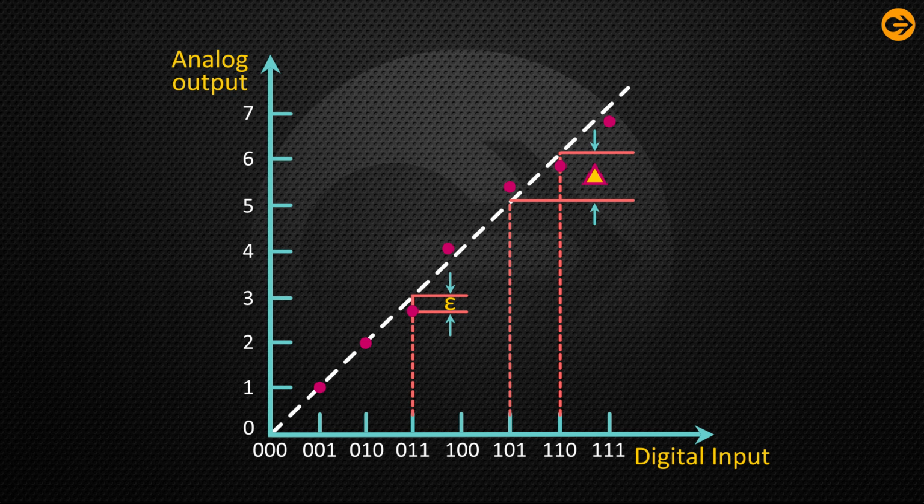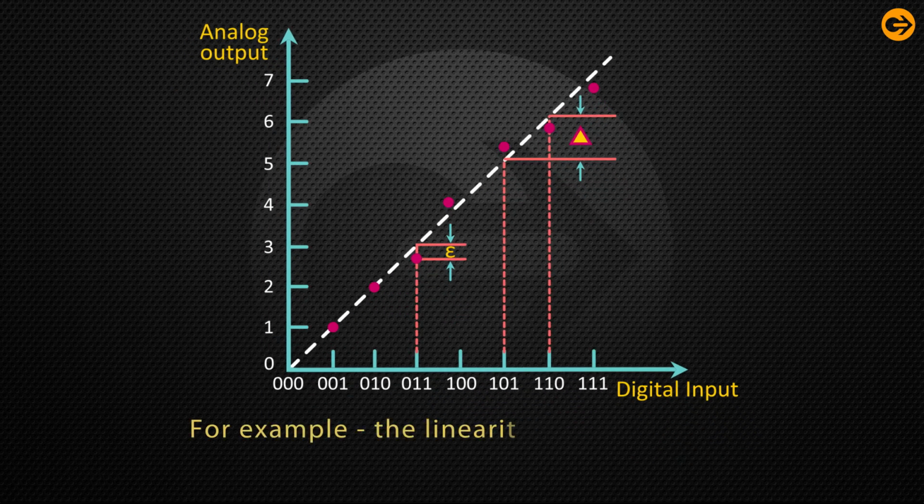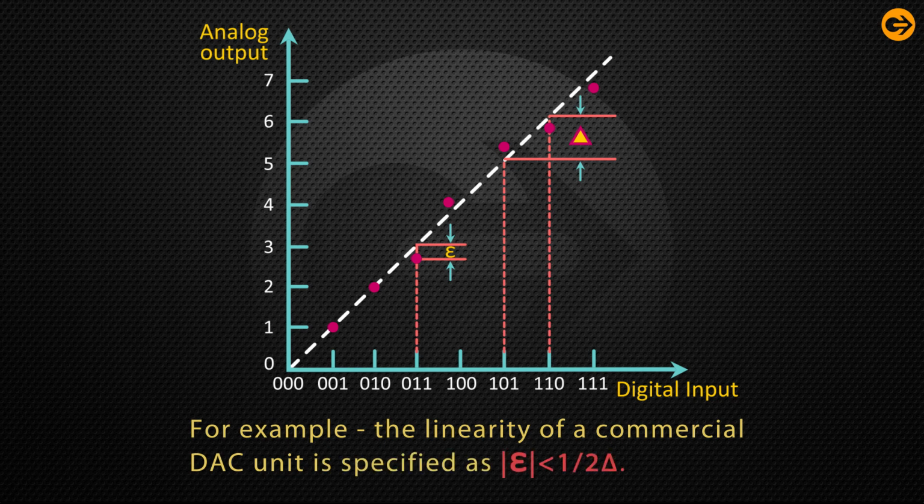The linearity error between the dot is obtained from the difference between the output and the straight line and is denoted by epsilon. The change in normal analog voltage corresponding to the change equivalent to the LSB is indicated by delta. Now, epsilon is compared with delta to find out the linearity of the DAC. For example, the linearity of a commercial DAC unit is specified as